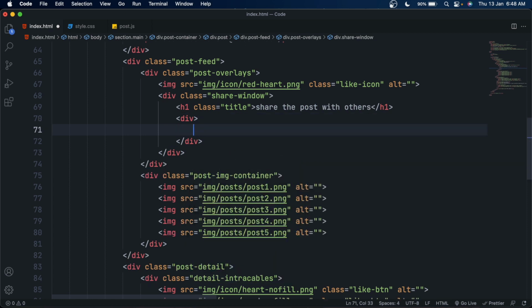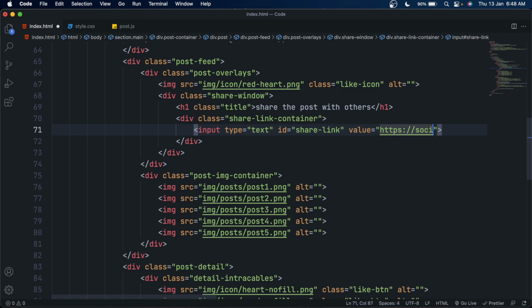Yeah, after that, make a div and give this div a class of share links container. So this share links container will contain the input. For that, make an input, and this input field will contain our share link. So give it an ID of share link, and set its value to the link of our post, which is a dummy of course for now.